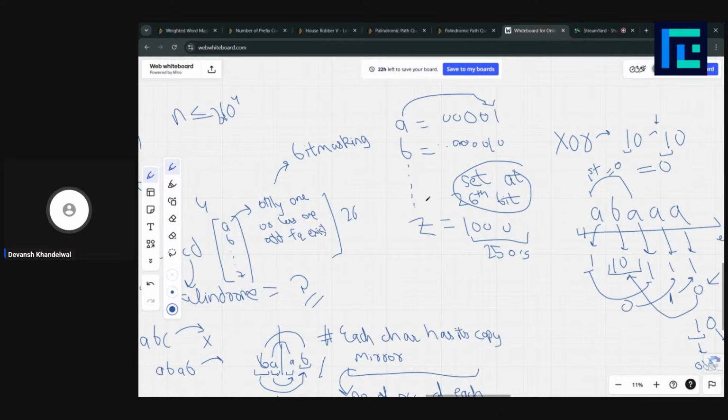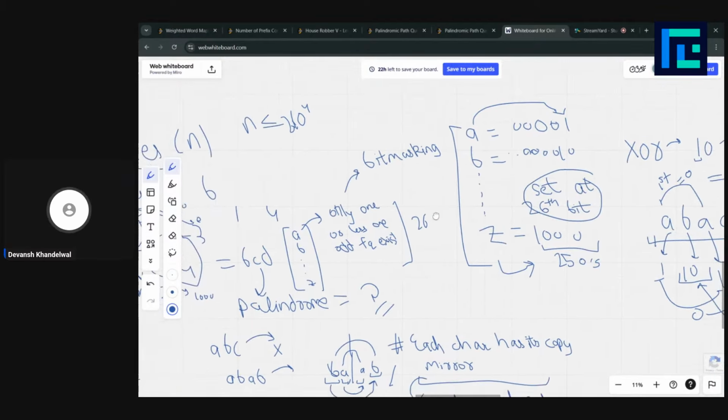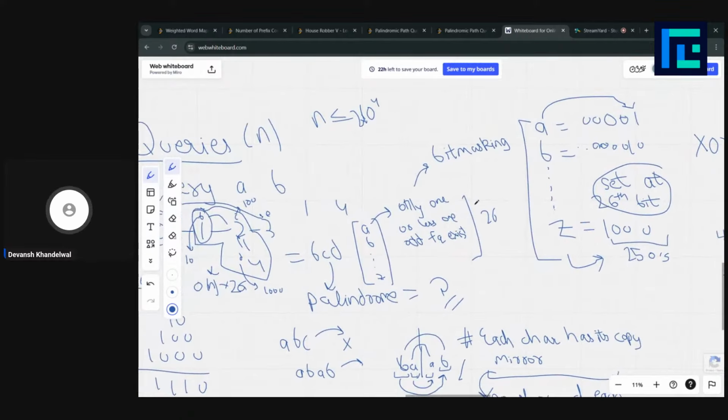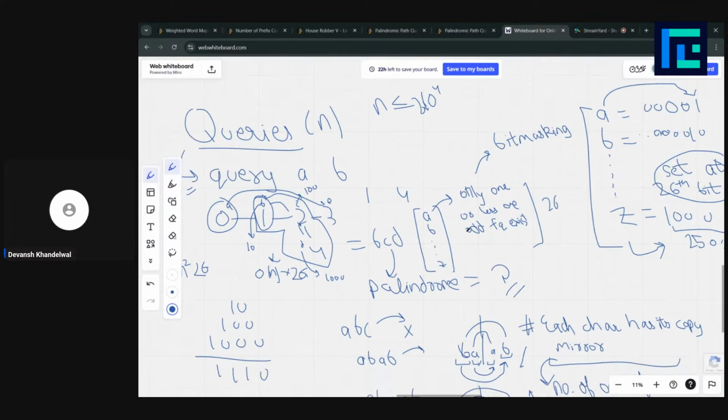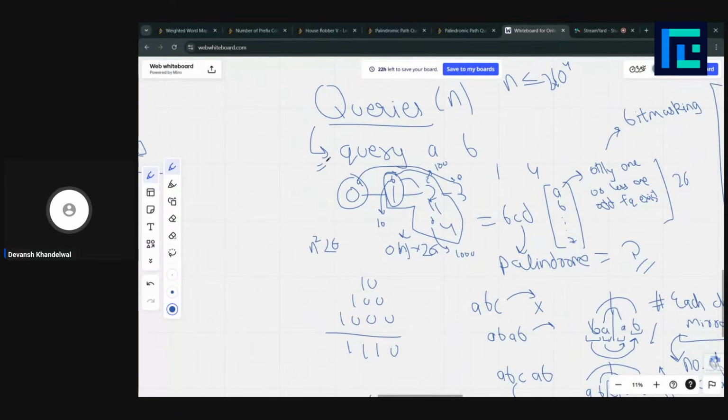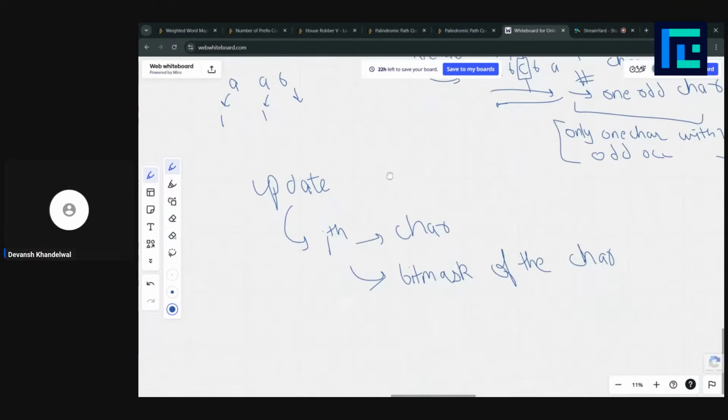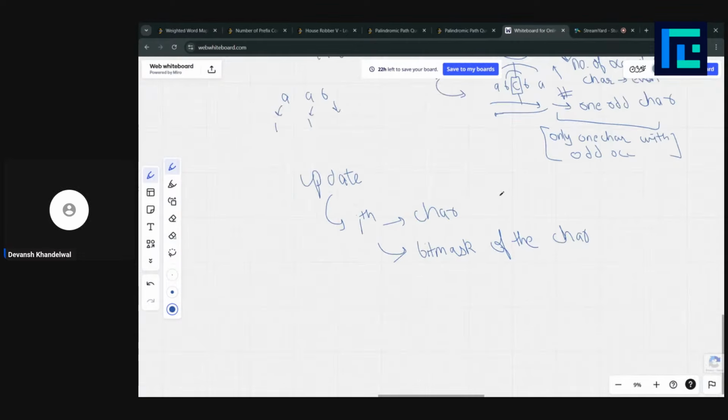Similarly, for each character in the alphabet we would have a bit mask, and then using this bit mask and the property of XOR, we transform the problem so that the query becomes querying a XOR path, and the update becomes just updating it manually, right?